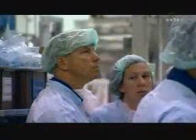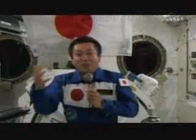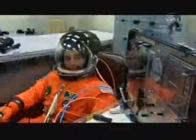The mission will deliver Copra to the station as Expedition 19 flight engineer and science officer, and return Japan Aerospace Exploration Agency astronaut Koichi Wakata to Earth. Hurley, Cassidy, Marshburn, and Copra will be